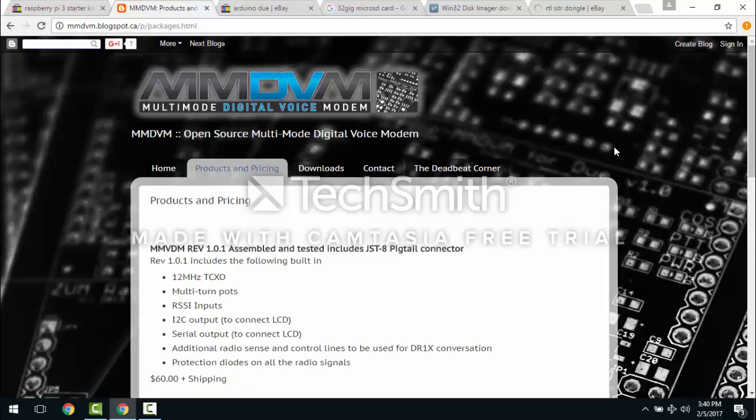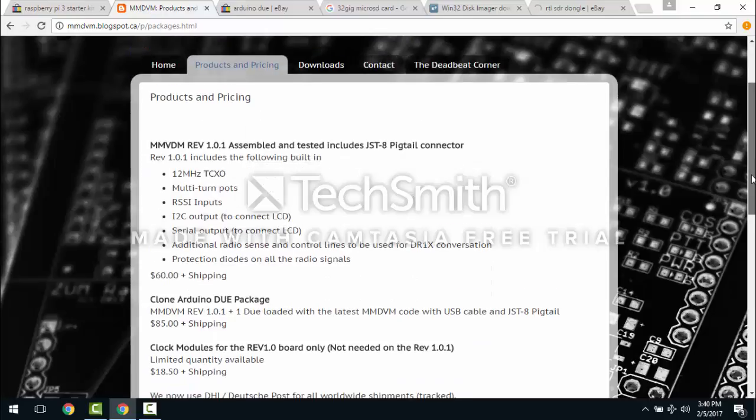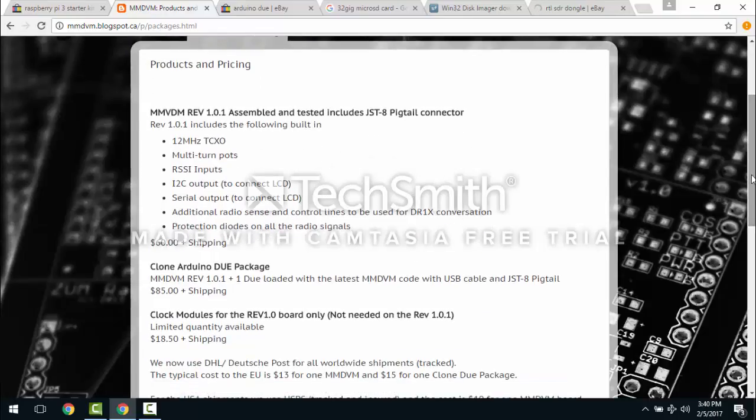You'll see the newest ZUM board is called the 1.0, and he offers the whole thing together if you want to buy the deal together for $85 in shipping, or just $60 for the 1.01 version. 1.01 is the newest version. I have the 1.0. The 1.0 required a clock in certain situations, and the clock circuit was to keep the Arduino DUE in time. So those things are needed. Plus, if you want, an option